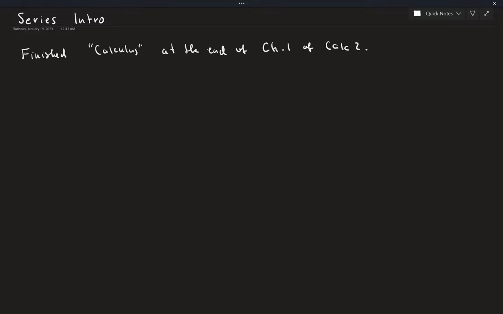What I mean by that is calculus is the study of derivatives and integrals. In Calc 1, you talked about derivatives and you learned how to do them. You learned about integrals. Calc 2 was how to do them, and now you're learning about different ways to apply